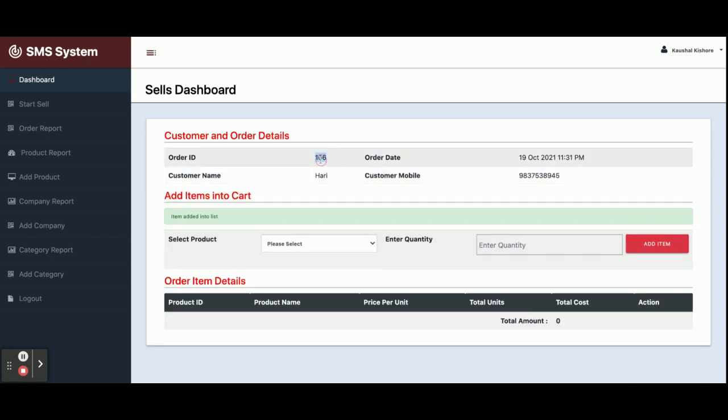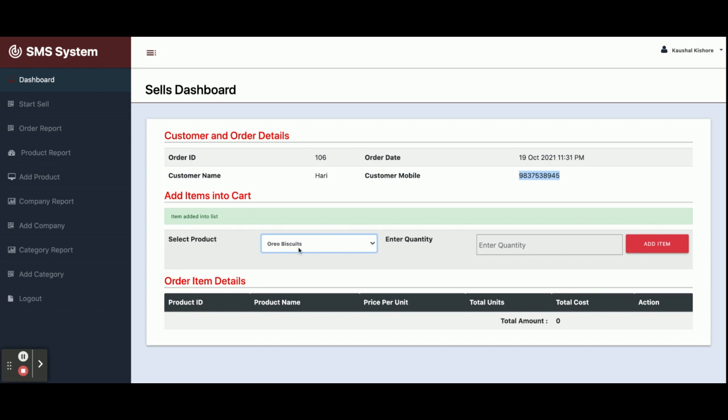Here you can see your order ID 186, the customer name is Harry, and this is the customer mobile number. This is a product; you can select the product from here. These product drop downs are coming from the product database.